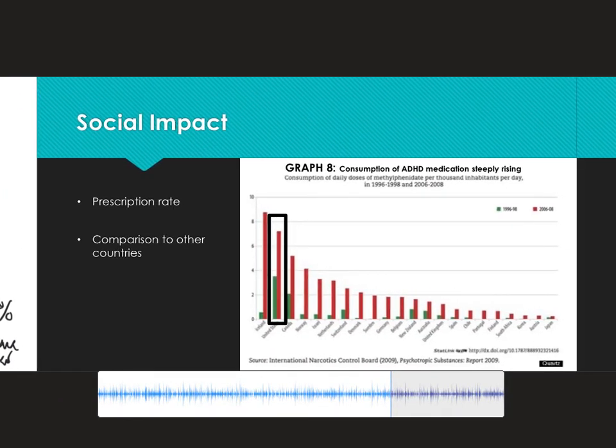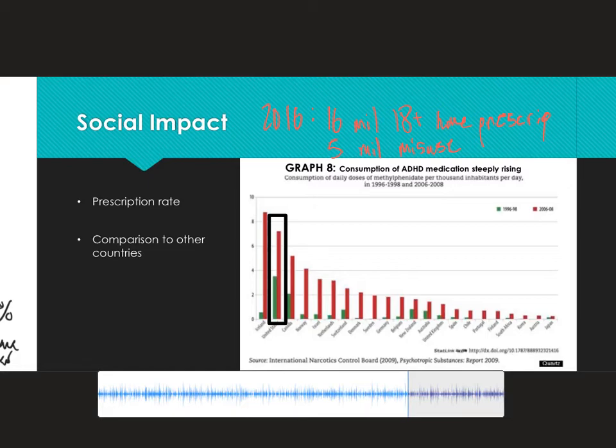The social impact of amphetamines has increased as it is becoming a more popular treatment. In 2016, 16 million people over the age of 18 used a prescription stimulant. Additionally, an estimated 5 million people misuse them. 55% of total prescriptions in 2015 were to adults aged 20 or older. So you might think amphetamines are kind of for high schoolers or college kids, but it shows that even people into their adulthood still use stimulants.